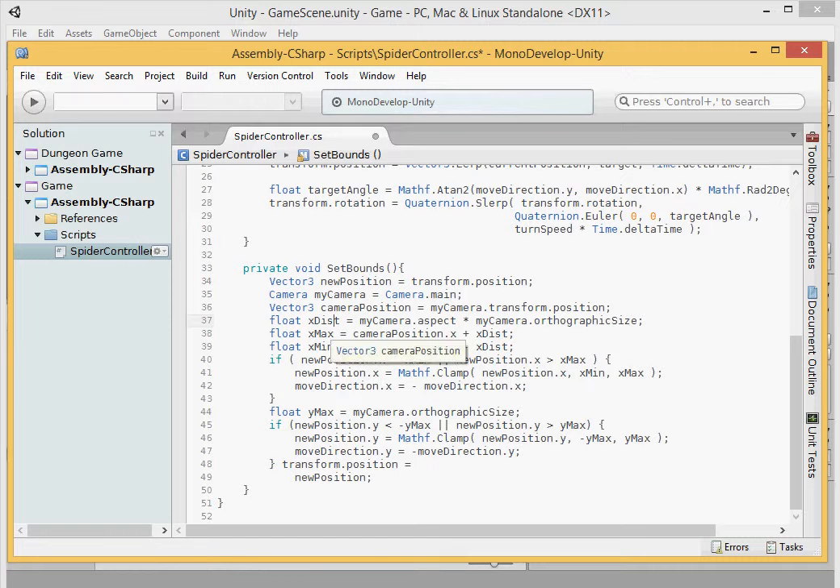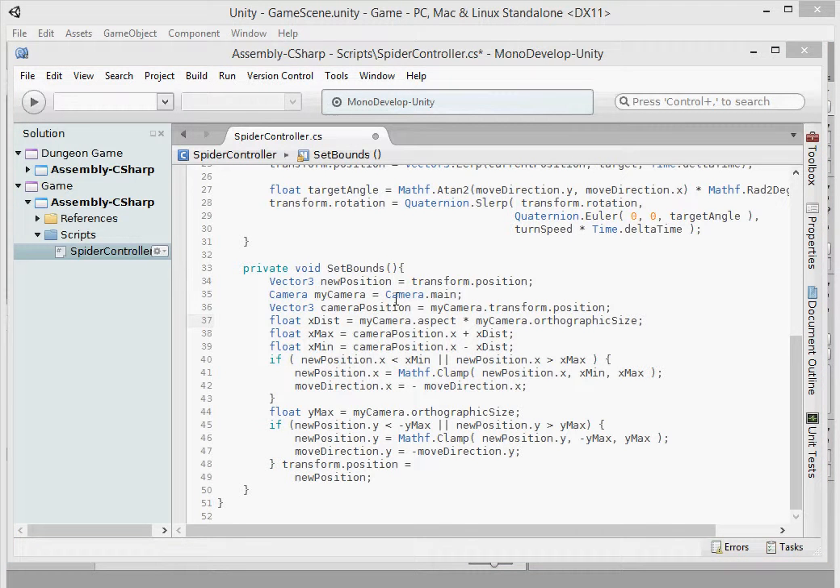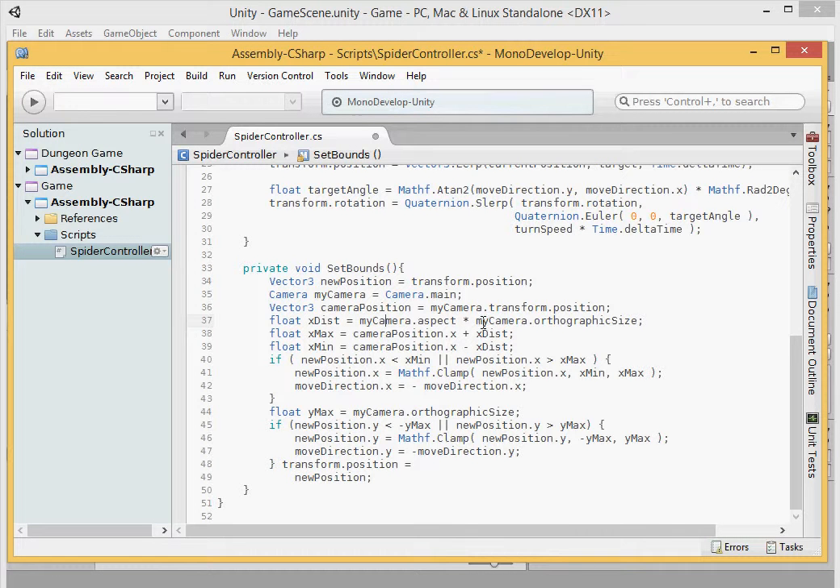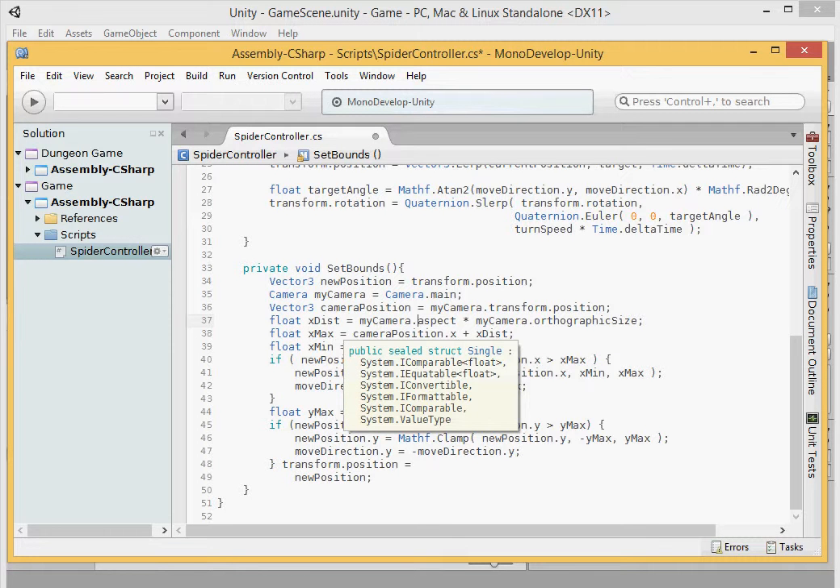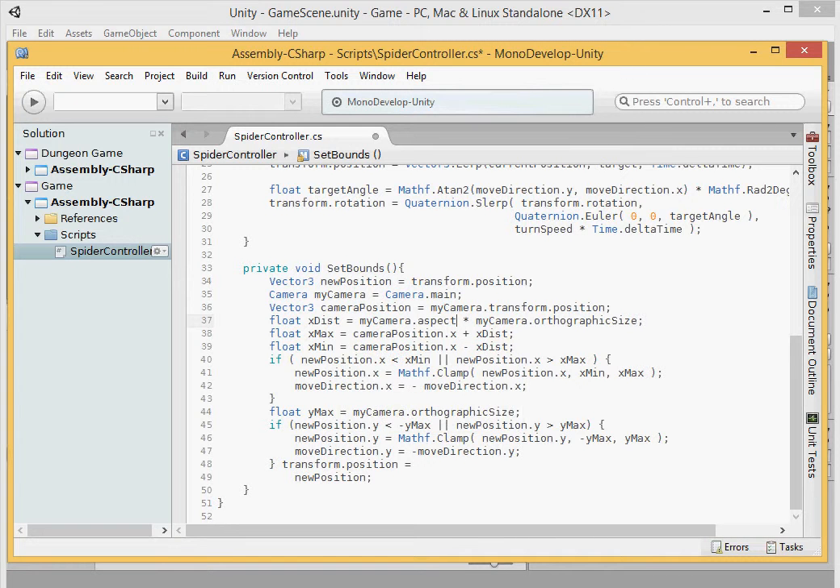So now you get your x distance, which is camera.aspect times camera.orthographicSize. Orthographic size is the actual x length of your screen size. Camera.aspect is the ratio between your x and your y, your length and your height of your screen. So that's what this is doing. It's getting the total length of your screen, or rather,